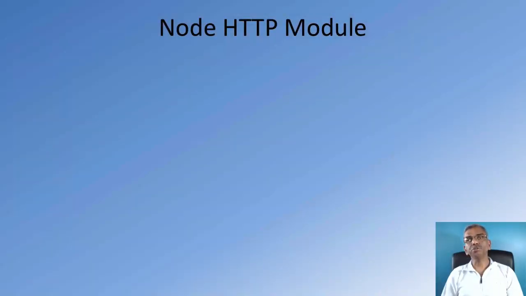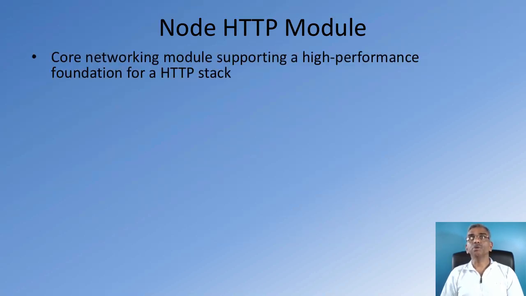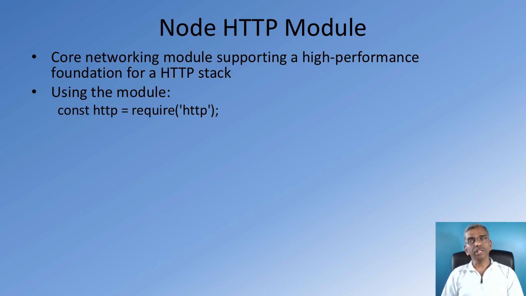So how do we make use of the Node HTTP module? As I mentioned, the HTTP module is one of the core modules that are built into Node. So this is a core networking module that supports a high-performance foundation for an HTTP stack. Using the module within our Node application requires us to import that module into our application. So this is what we do by saying const http is equal to require and the name of the module,